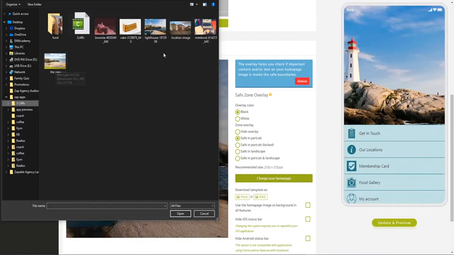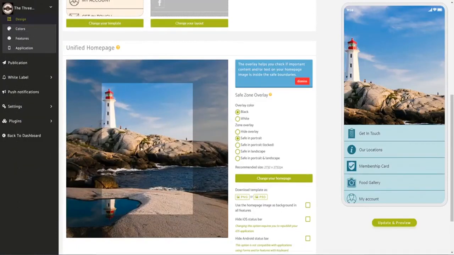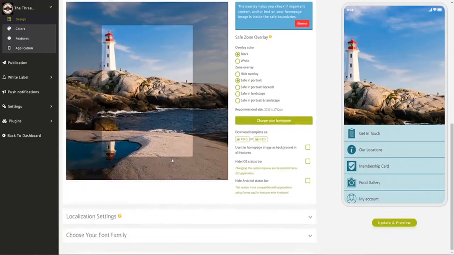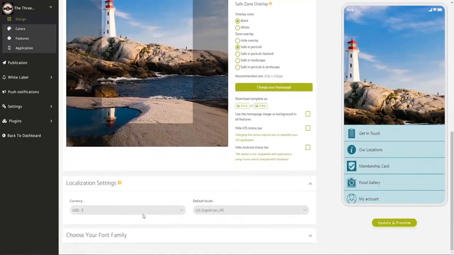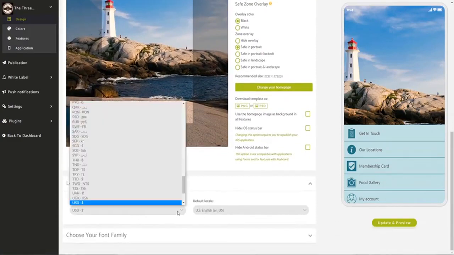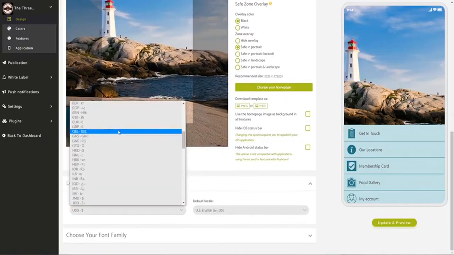So if you're actually sat upstairs in this cafe and restaurant, that is the view that you would actually get from the window. So I've chosen that image, and all I would have done is click OK, and that would have added that image there for my app. So the localization settings, as this is a UK business, then I'm going to choose the GBP as the currency,